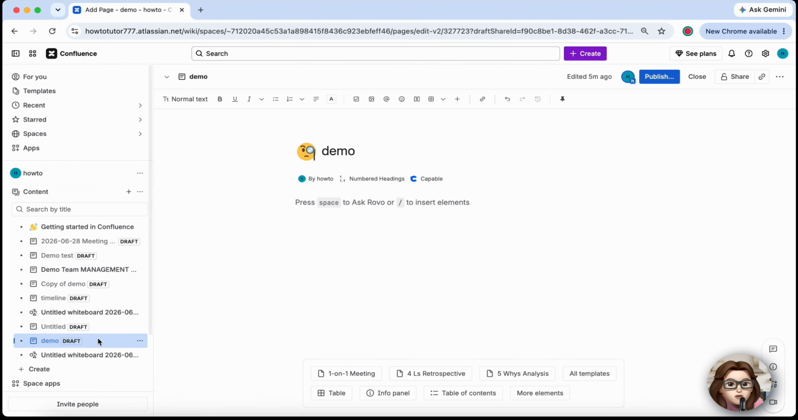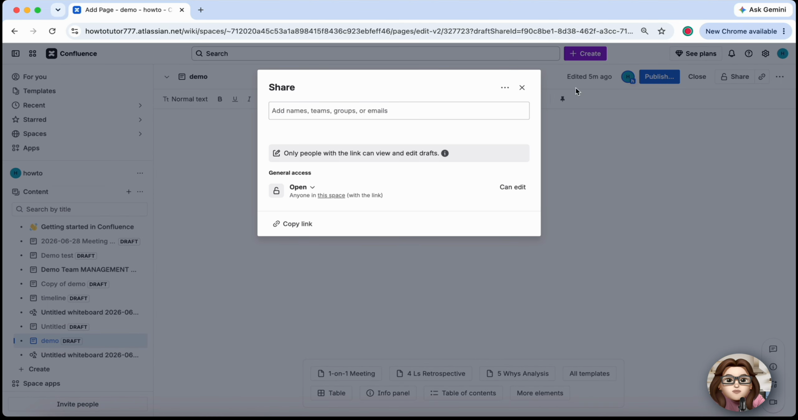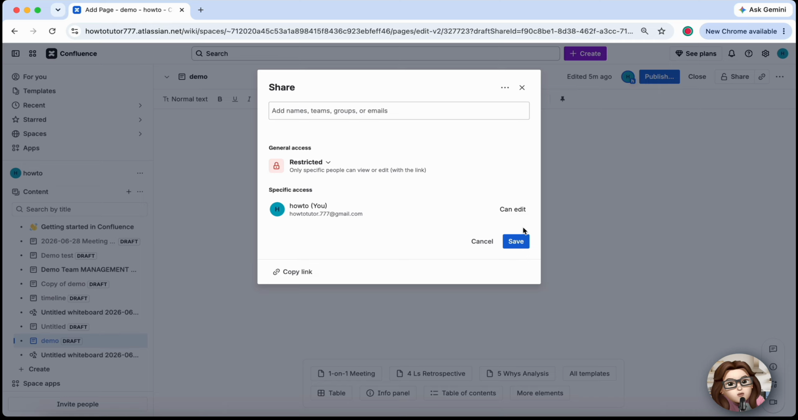Open the Confluence page you want to restrict, then click the padlock icon at the top of the page. If you don't see it, click Share and open the Restrictions option. In the Page Restrictions panel, choose the type of access you want. You can allow everyone to edit, let everyone view, but restrict editing, or limit both viewing and editing to specific